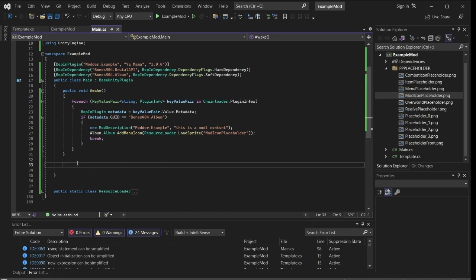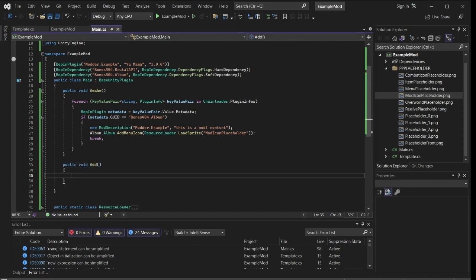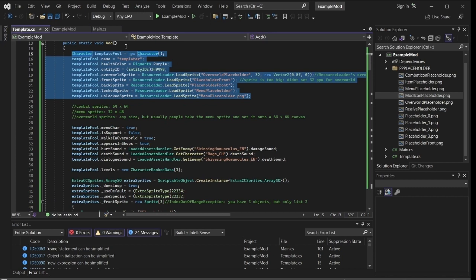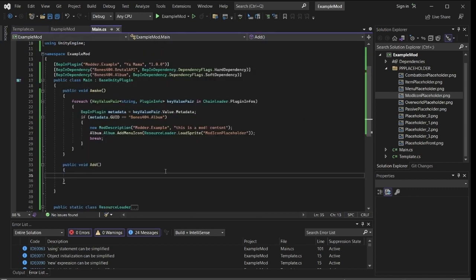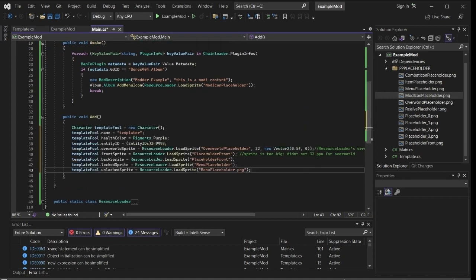So next, I will show how to make a character. The first thing you want to do is create a void add. And then inside that void, I'm going to copy a couple things over and explain them. So to start the character creation process, you want to do something like this. This line here creates a new character. This line sets the name of the character, so I have it set to this. You can change it to